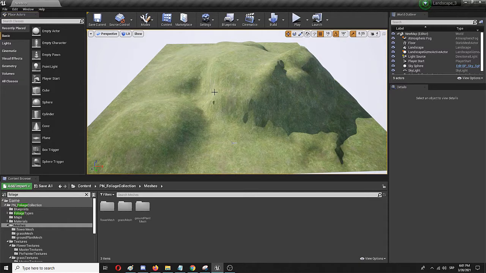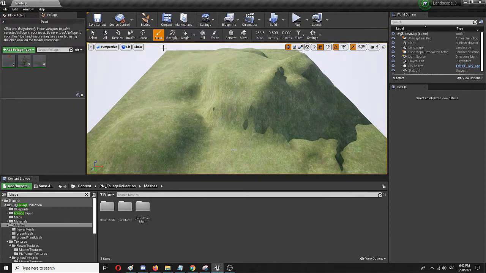To go to the procedural generation option, you need to change the mode you're using. So instead of the select mode, you go to the foliage mode. Right here you will see on your left side your foliage types. Right now I have three different kinds of foliage. I'm going to show it to you real quick, but before we get into each of them,